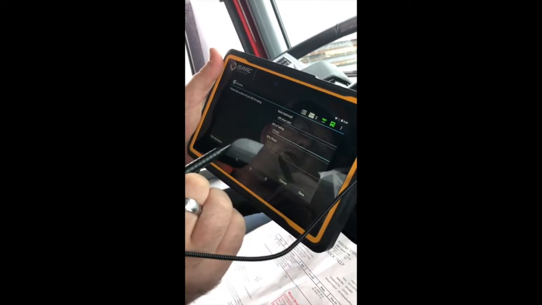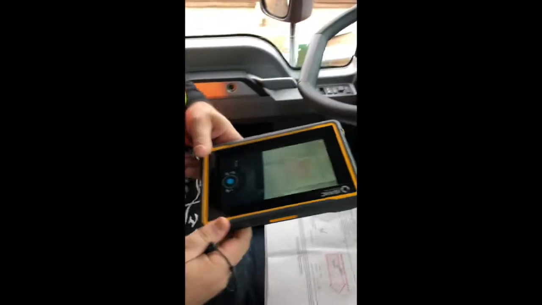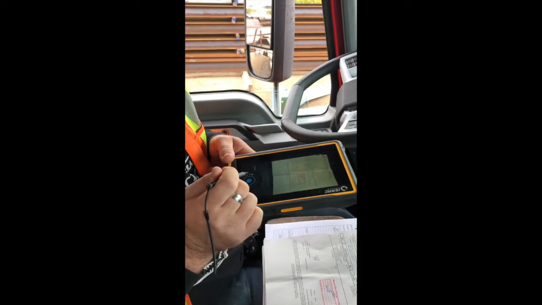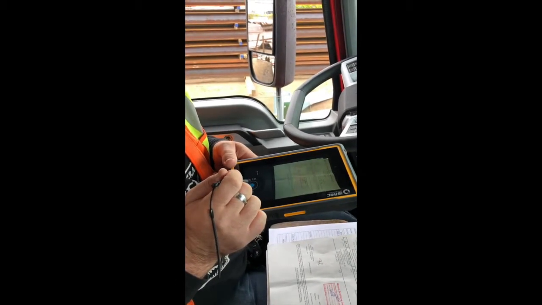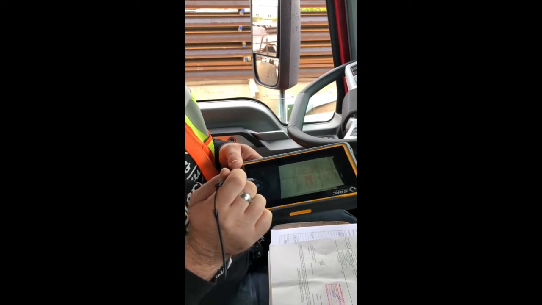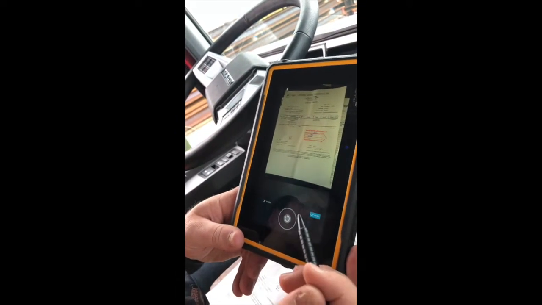So all you do is you click on the photo of the bill, add a page, and then you take your tablet, and the best you can, you get the bill in the picture so it's lined up. You don't have to perfectly get it. You can have other things around it, and you click the picture just like that. So you can see we have our picture. Click done,